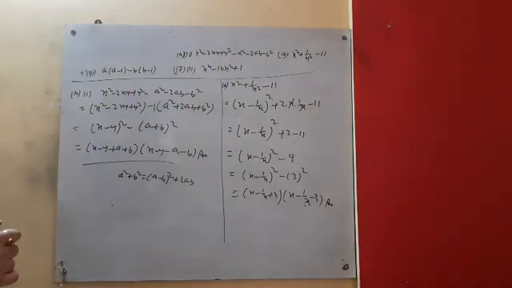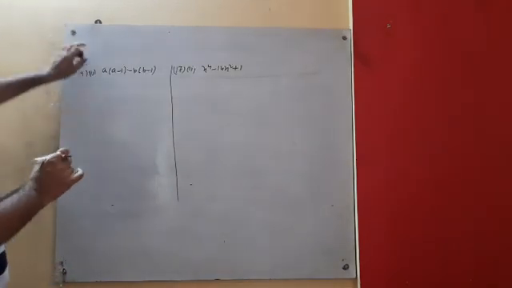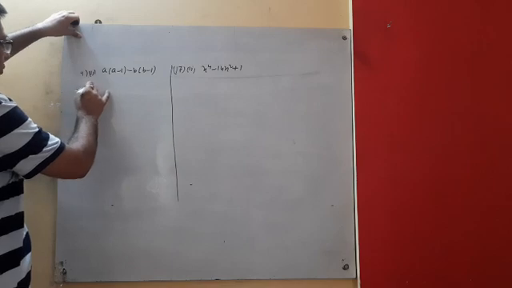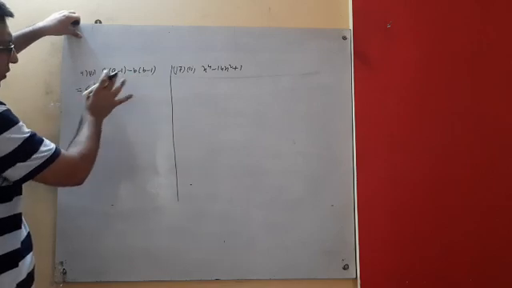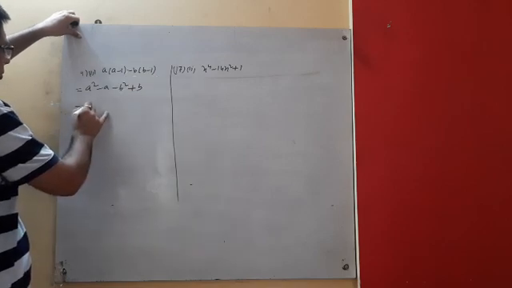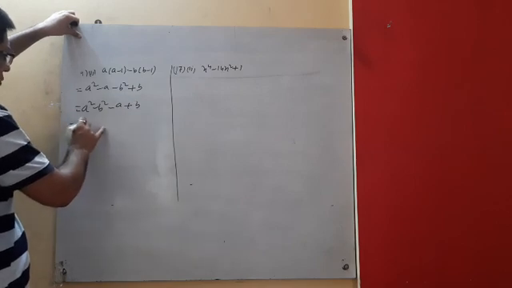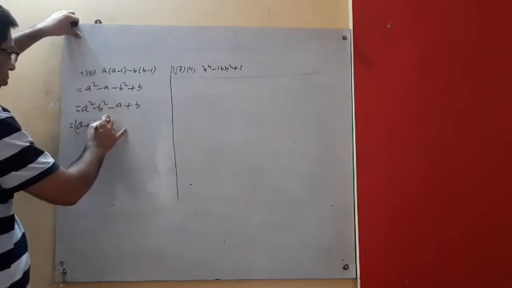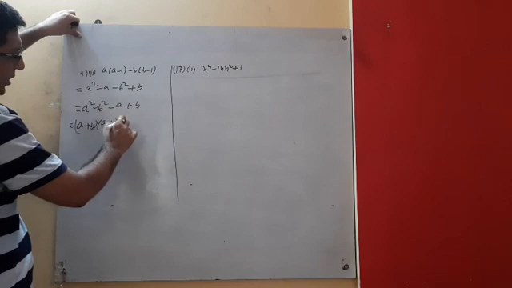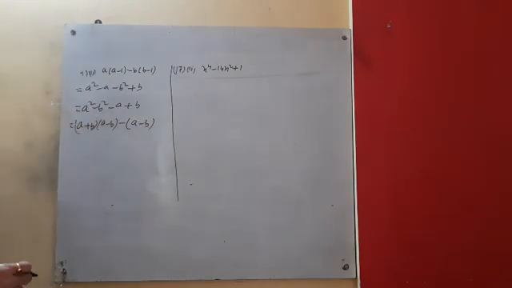Okay. Now the last two sums are there. Look, this is a into a minus 1, b into b minus 1. This one I am doing. So a square minus a, because no common factor is there, minus b square minus a plus b. Now what we are getting? A square minus b square. This is minus a plus b. So a plus b into a minus b. And if we take common minus, what we are getting? A minus b. Right? Because we are not getting any common factor.